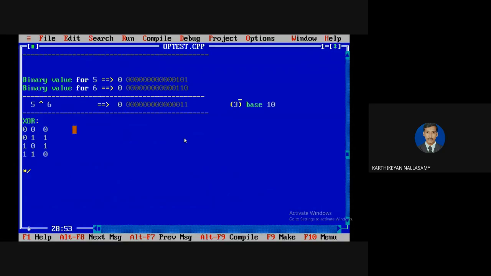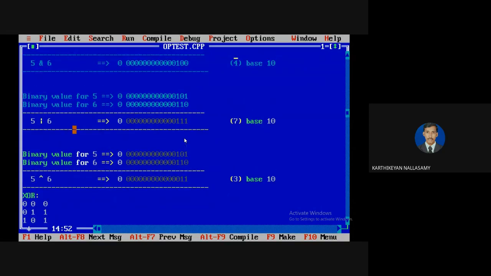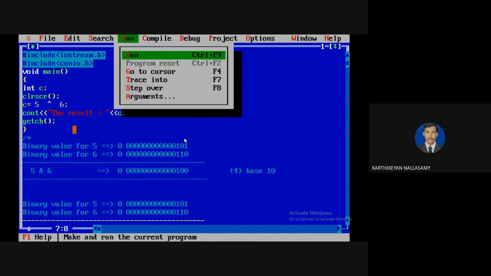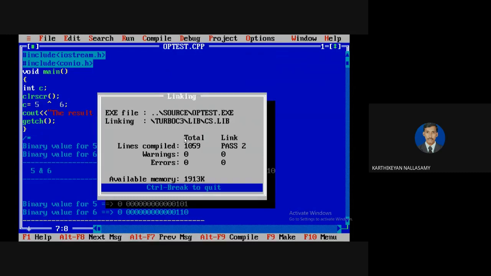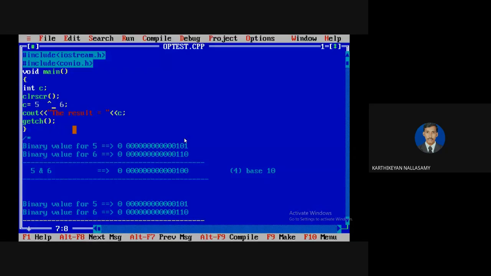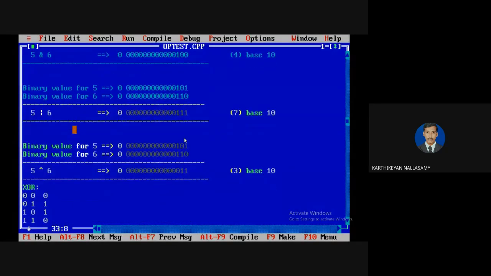Now, in some cases, we say that the cap operator is a power operator in a calculator, but in a programming language, it is not a power operator. It is called the XOR operator. So we need to perform XOR operations. I'm going to run this program. So it is a 3. See, this is the answer we found. So this is the logic for the XOR operators.